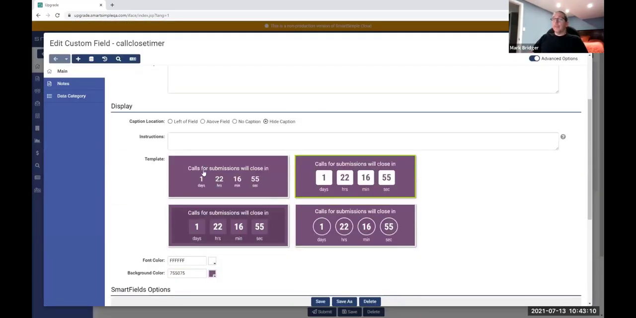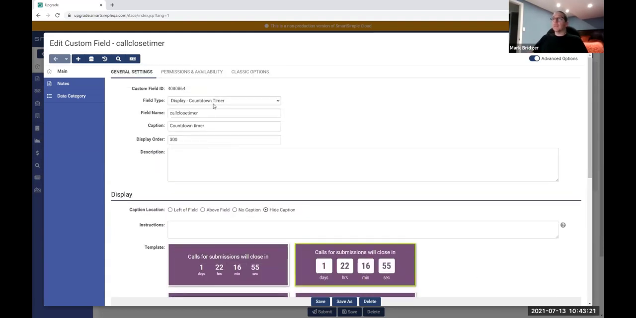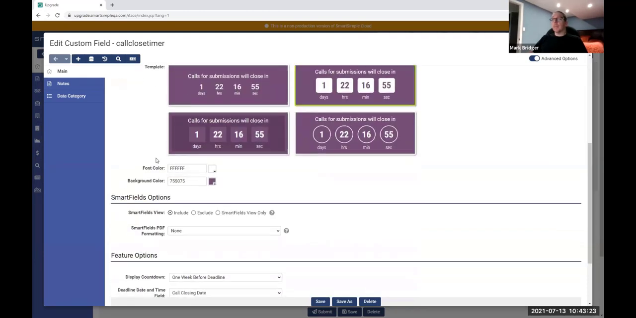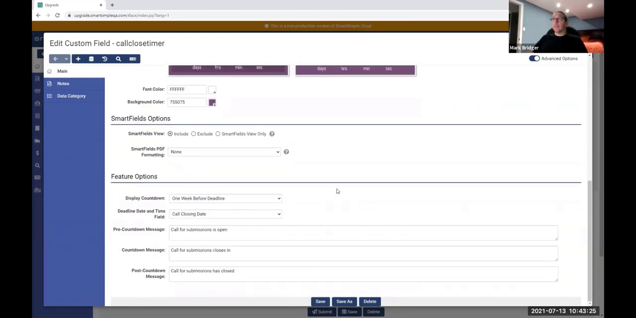So instead of the default one, which was here, I have 4 different layouts to pick from, and optionally I can choose the colors. So again, I can just make this a little more vibrant, make it stand out a little more, make it a little nicer. And the way this field works, if you've never used it before, it's called the display countdown timer. And what you do is you